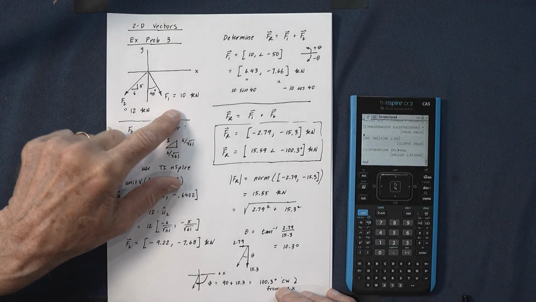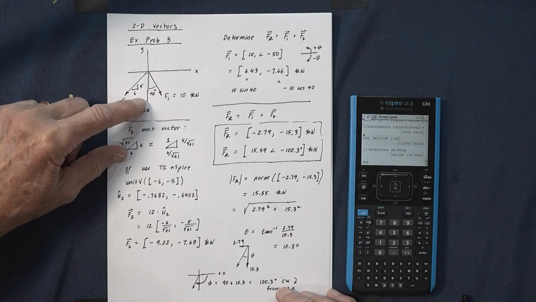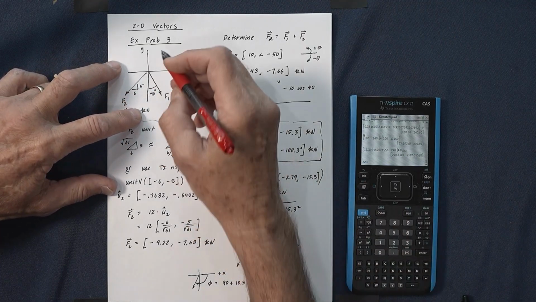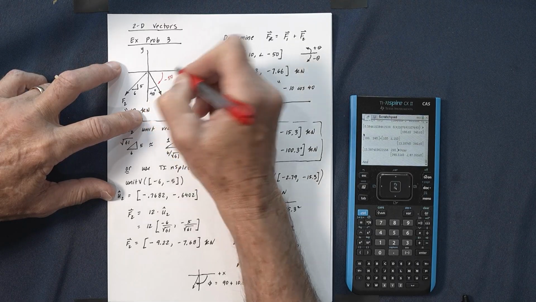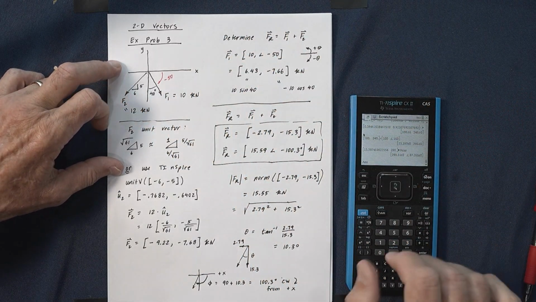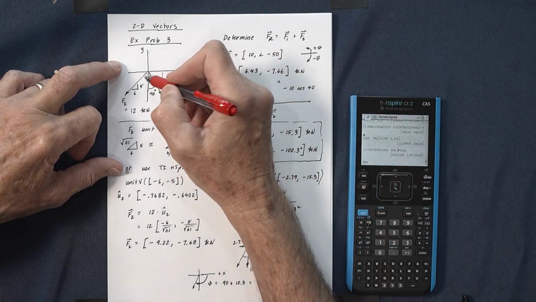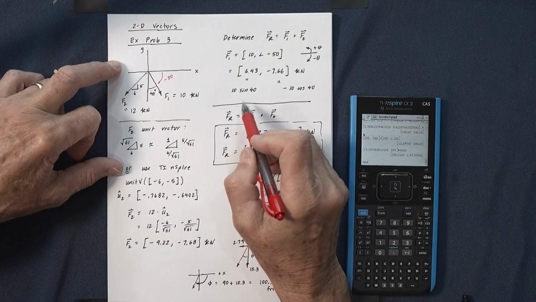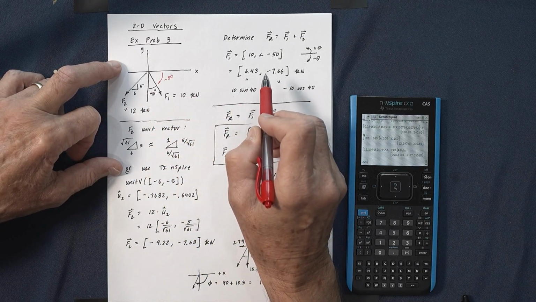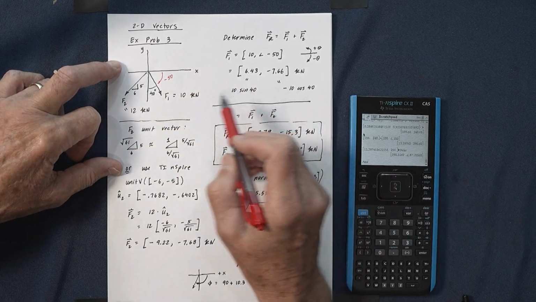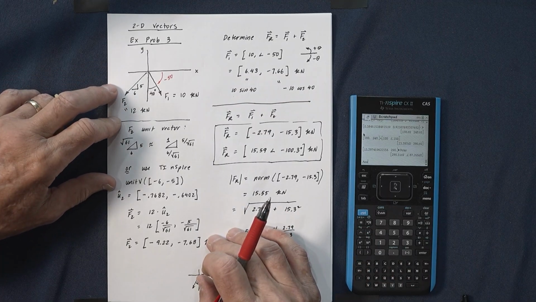So F1 is 10 kilonewtons. It's at 40 degrees from the negative y. And so to enter it in your calculator, this is 10 at minus 50. If you enter that in your calculator, you get 6.43 and then negative 7.66. 6.43 is 10 sine of 40, and negative 7.66 is 10 cosine 40. So if you're using a standard scientific calculator,